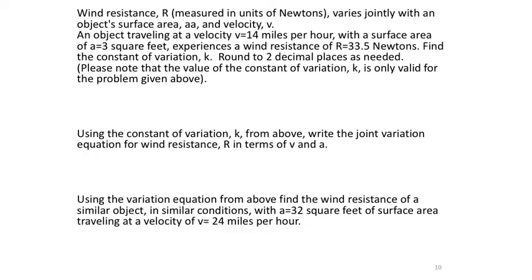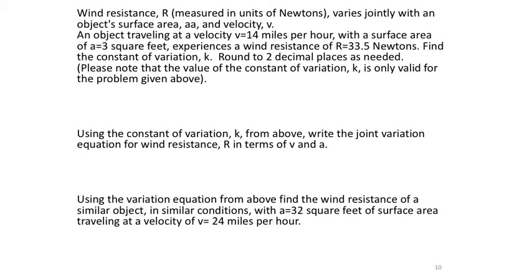Wind resistance, R, measured in units of newtons, varies jointly. So varies jointly means we're looking at the same equation, Y equals KXZ, with an object's surface area. I think that's supposed to be A, maybe, typo. And velocity V. An object traveling at a velocity V equals 14 miles per hour with a surface area of A equals 3 square feet experiences a wind resistance of 33.5 newtons, which, see how that gave us V, A, and R. That's all three of those variables, which means that then we can solve for the corresponding K,